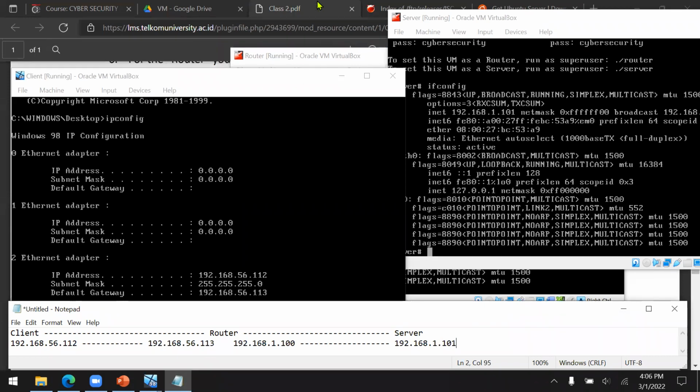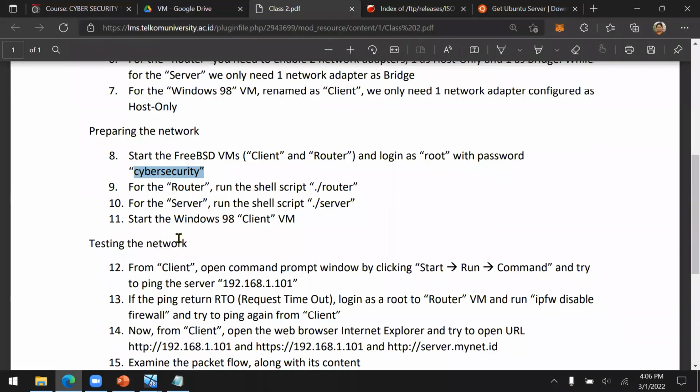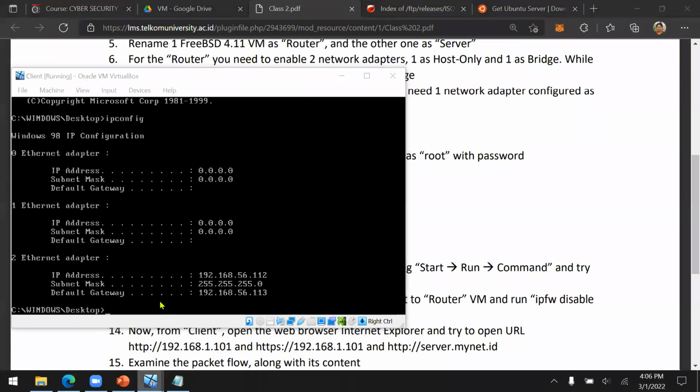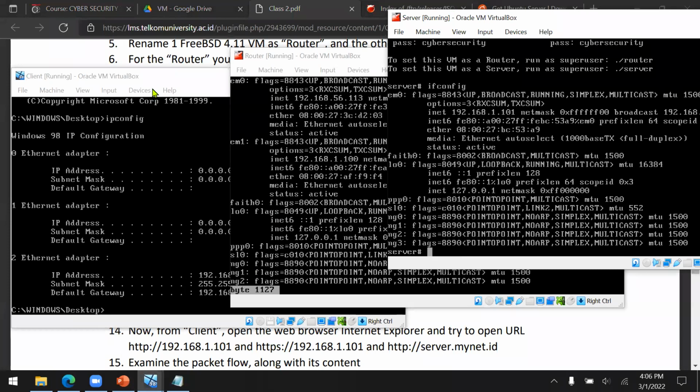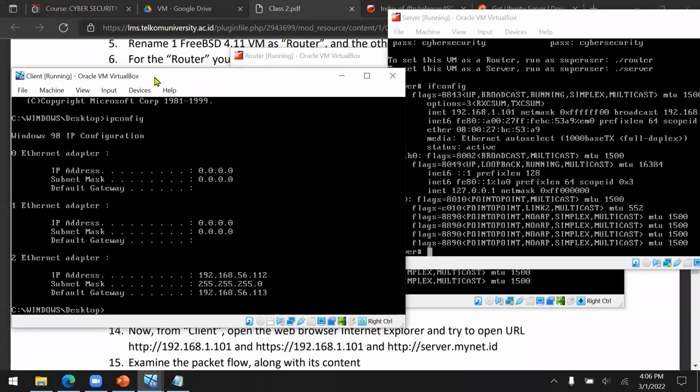Okay. Now, based on our lecture note, you need to test the network now. From the client, open the command prompt window and then try to ping the server. Okay, this is the client, this is the router, and this is the server. Now, let's try to ping 192.168.1.101.